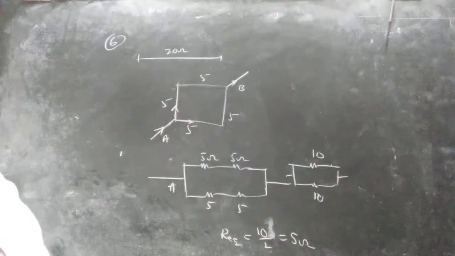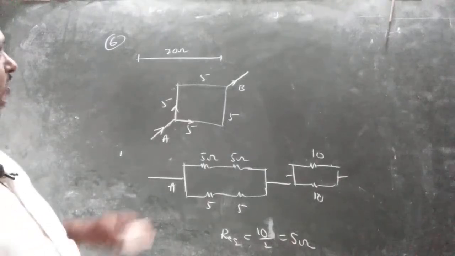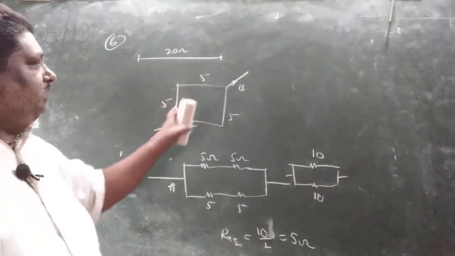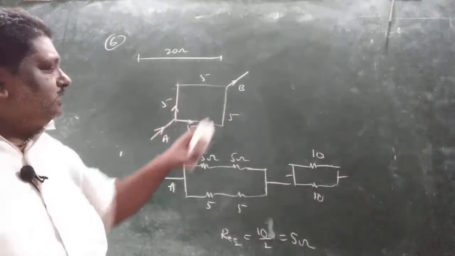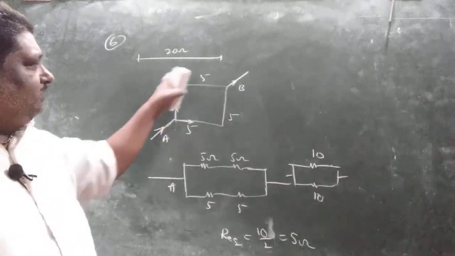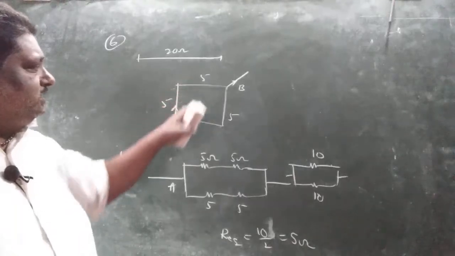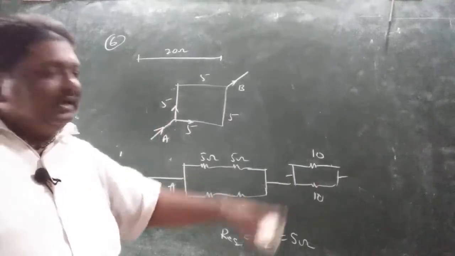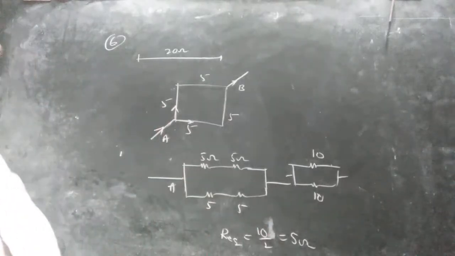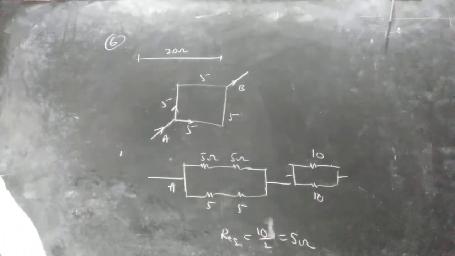No need to solve that in future. So a 20 ohm wire is taken and made into a square shape. Across the diagonals, power is taken. What is the equivalent resistance? These two are in series, and the bottom two are in series like this. Again these are parallel to one another. The equivalent is 5 ohms. See what the option is.